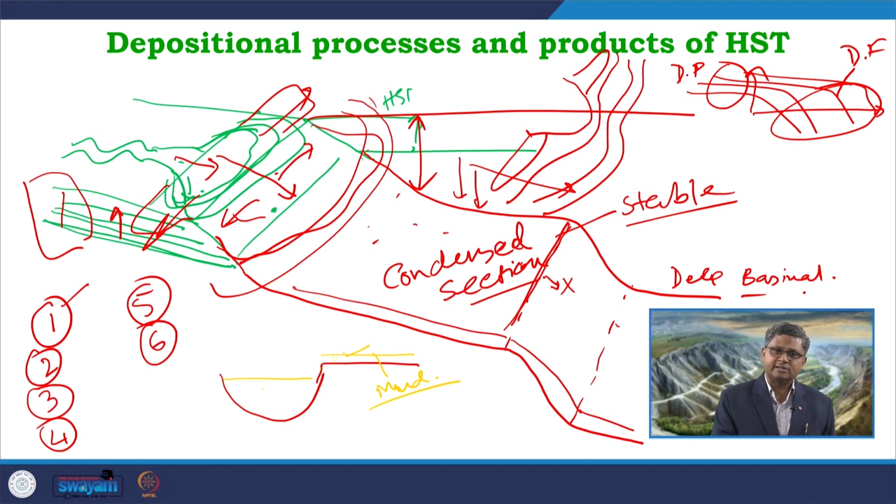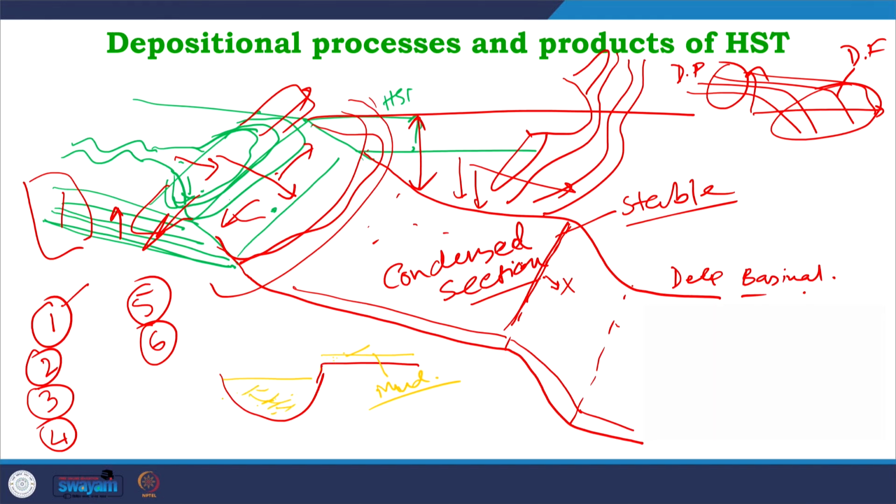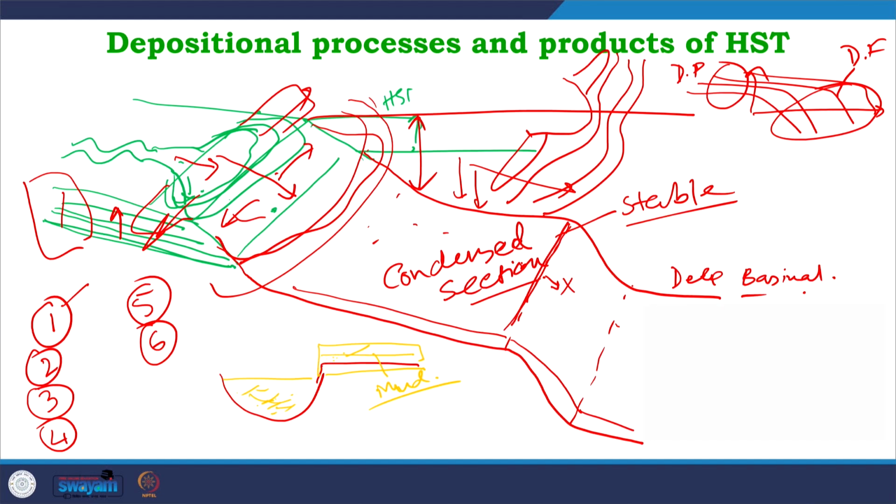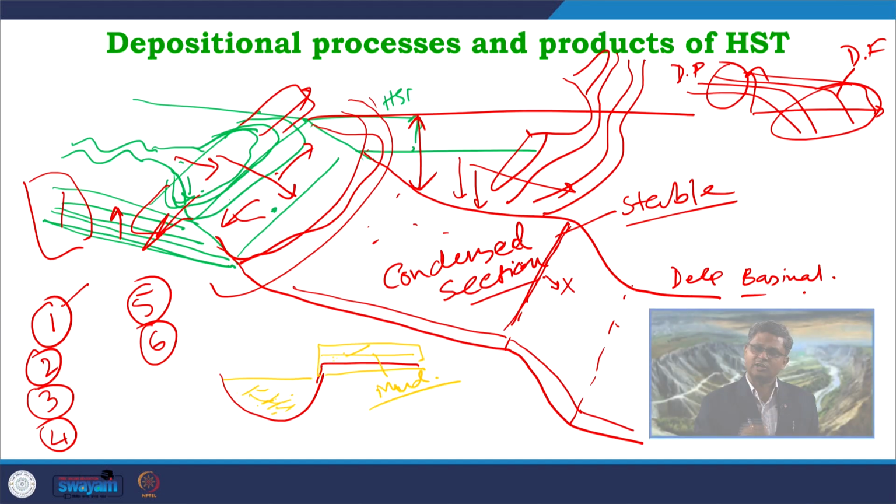Whereas, if I look at the channel part, the channel part is dominantly characterized by sand, because this is the main area where water is flowing. It is carrying the sediments in bed load and suspension load, and due to this high energy current which is flowing through this channel, we get mostly channel fill cross stratified sandstones. So, this channel fill sand commonly indicates high energy zone within the channel system, within the fluvial system. The overbank area which is dominated by mud with a little bit of sand, there definitely the energy system is much lower, and so the bed form which will form within the sands will be of much smaller scale.